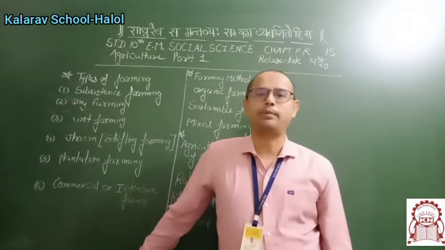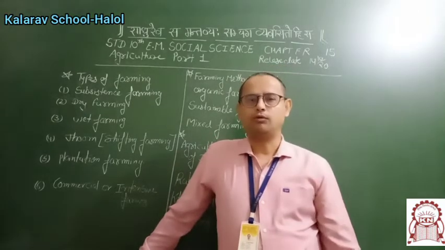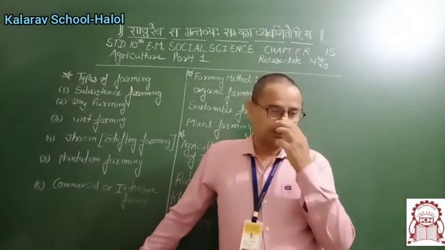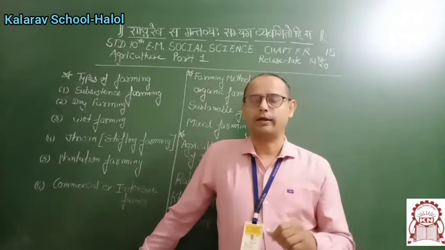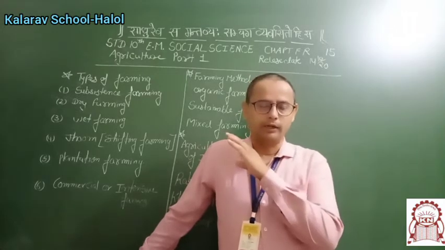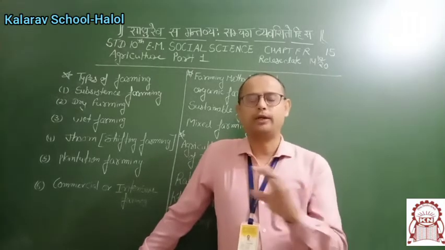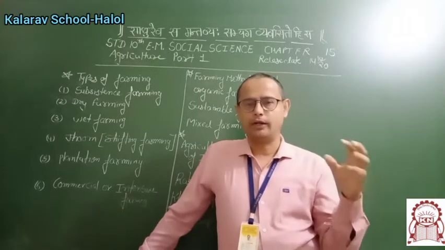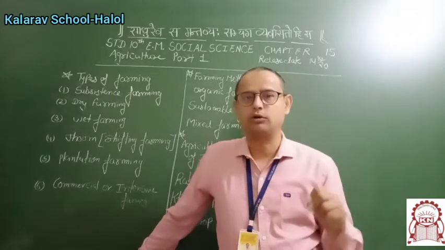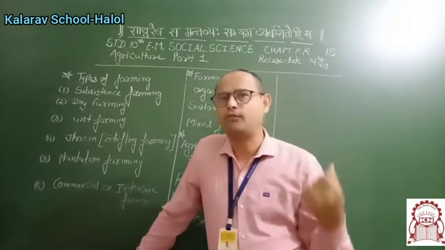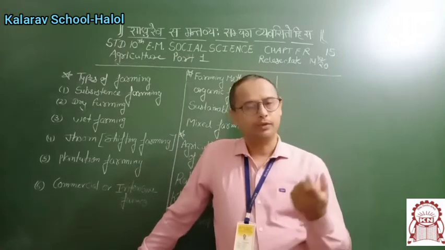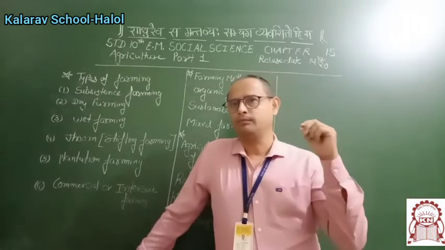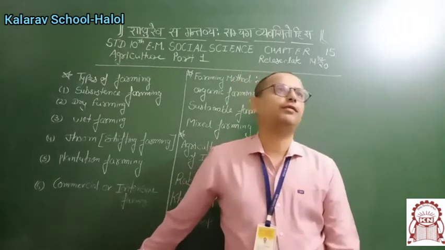The second most staple food is wheat, and it is called the king of the grain. अनाजों का जो है उसको राजा कहा गया. Why? Because many things we can make with the help of wheat. Is it clear? And in our daily life, its importance is too much because we get abundant carbohydrate from it, and it is again a Rabi crop grown in the season of winter, and its temperature is 15 to